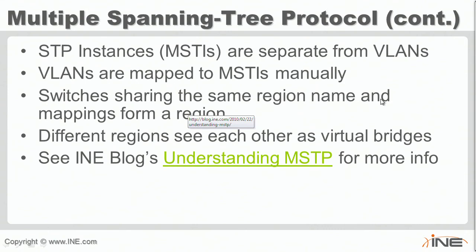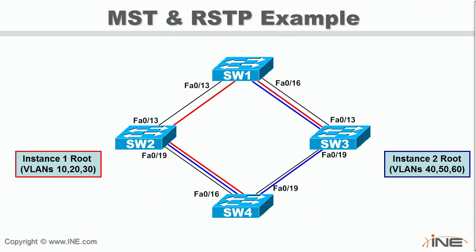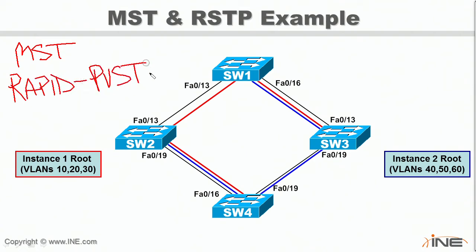So when you compare the original algorithm versus the new one, it's a lot more complicated behind the scenes. But when you actually look at the implementation of it, it's very, very straightforward. Now, there's essentially 2 different ways that you can run this in the Catalyst iOS. We can run multiple spanning tree protocol, or we can run rapid per VLAN spanning tree protocol. This one is a really easy migration change. The only thing you need to do is add one command